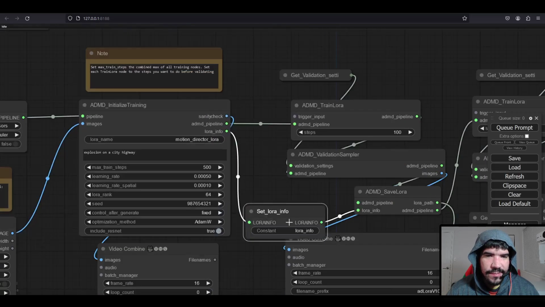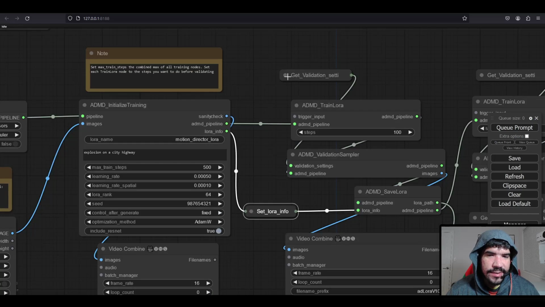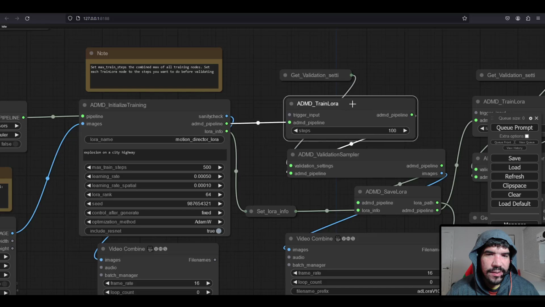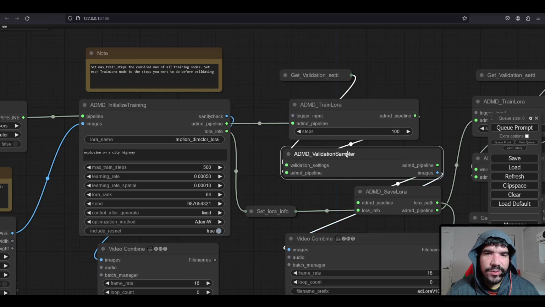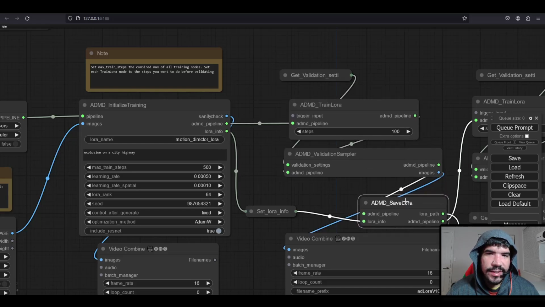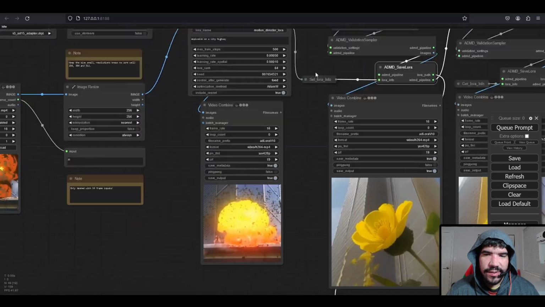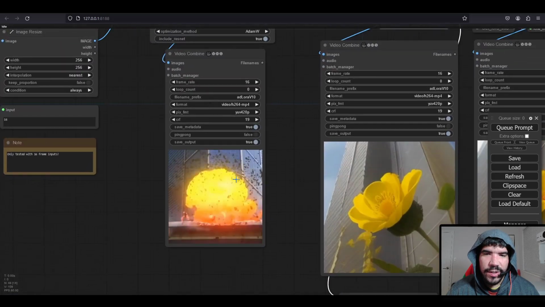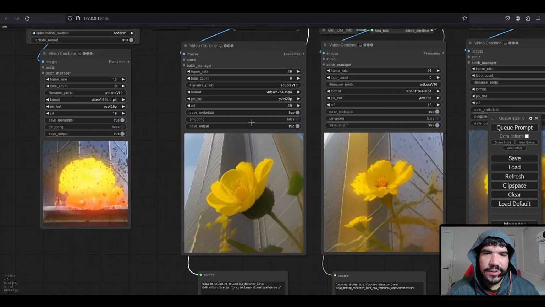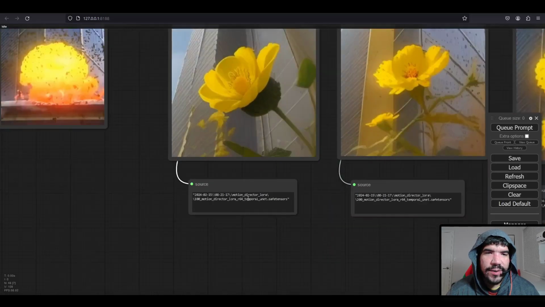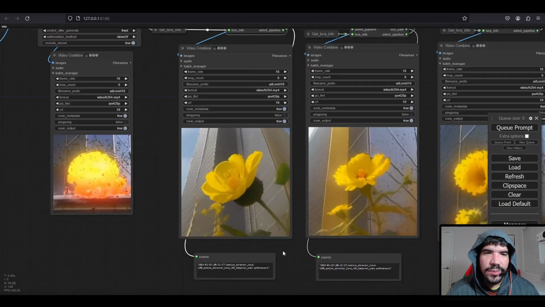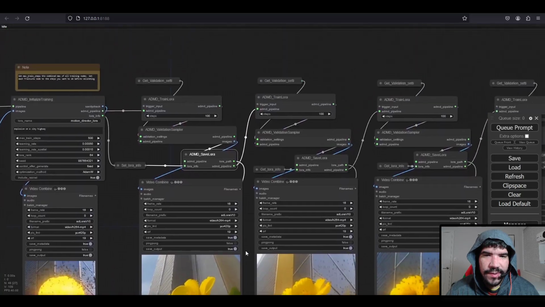In the settings, you give it a bit of a prompt of what your training video is. And then in the validation settings, you create the prompt for the animation that you want to generate,